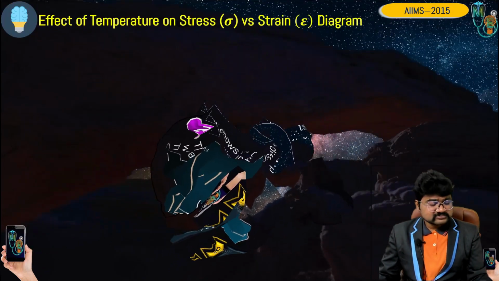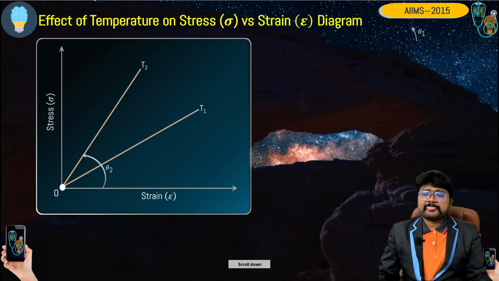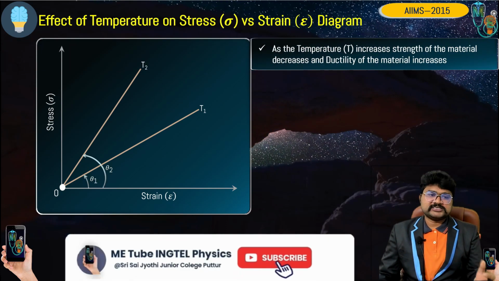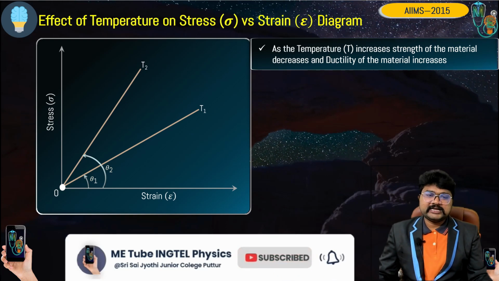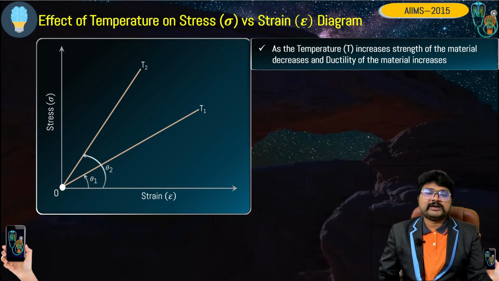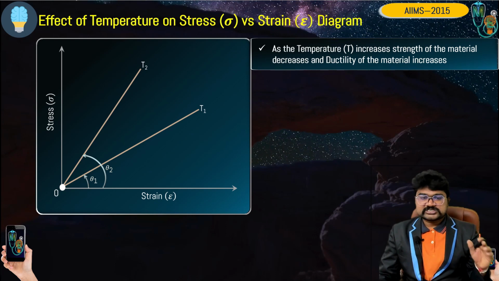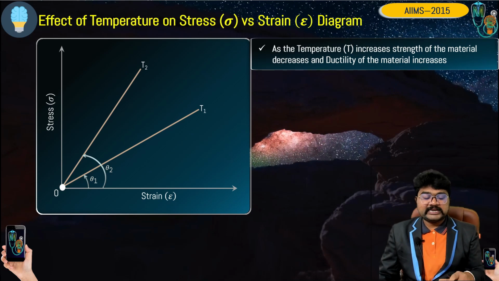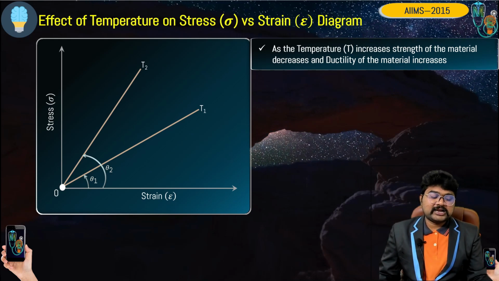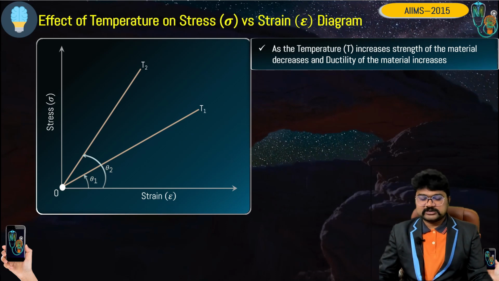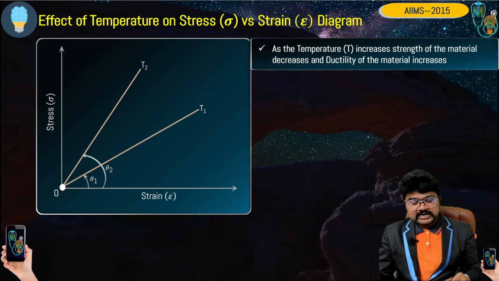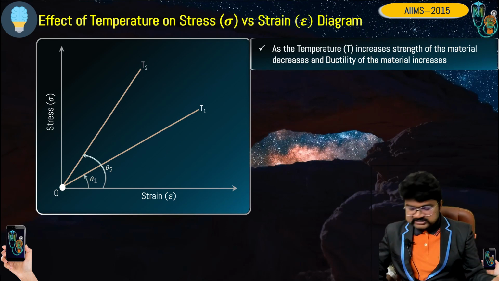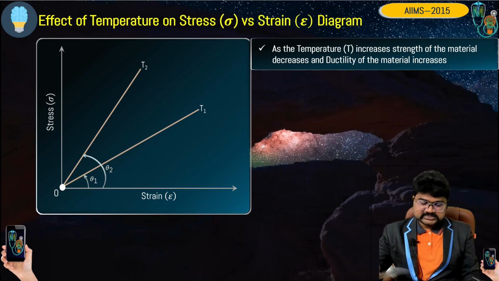See here, it is very simple. As the temperature increases, strength of the material decreases and ductility of the material increases. It is very simple. Here ductility of the material increases, strength of the material decreases. Strength of the material decreases, in which case